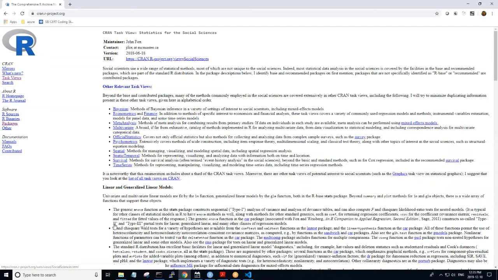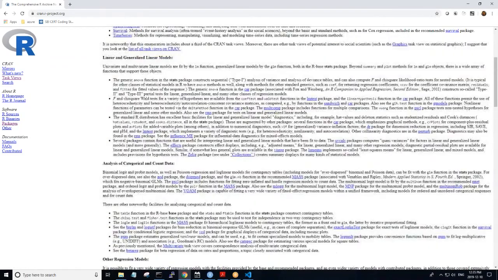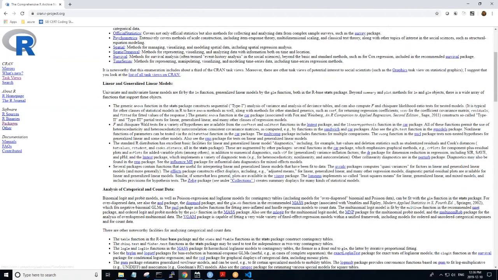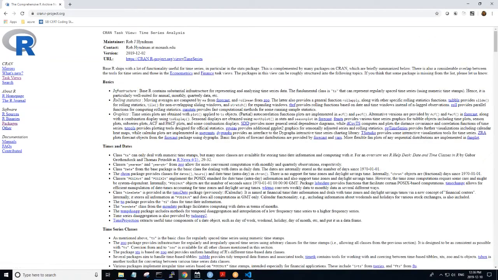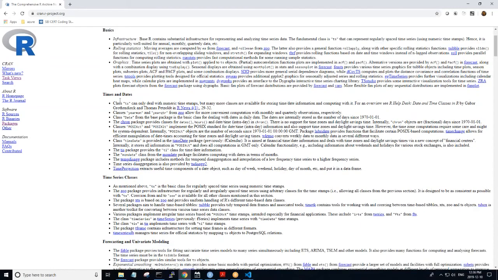If we go into social sciences, it gives you a list of all of the various packages included in this particular view. Bayesian meta-analysis, so there's a number of tasks associated with this. Let's go into survival, time series. We wind up with a time series analysis package, which gives you the basics of what's in this package and what you can do with it.